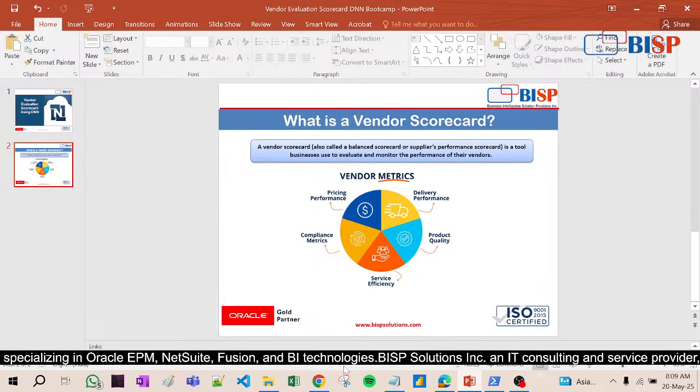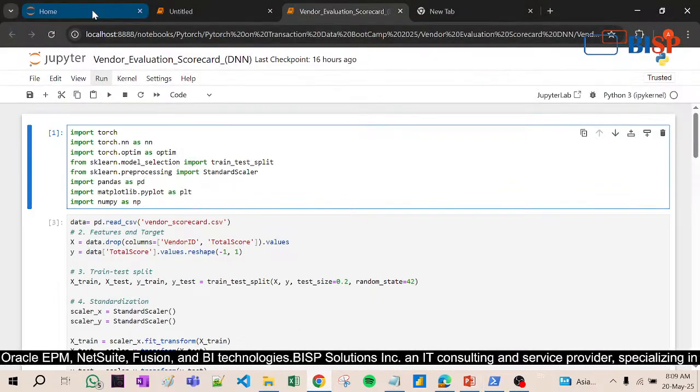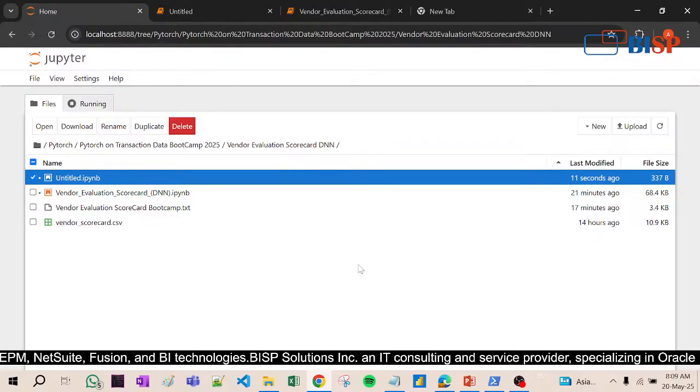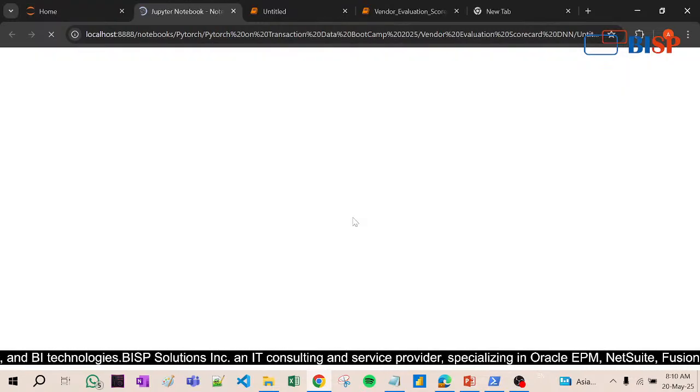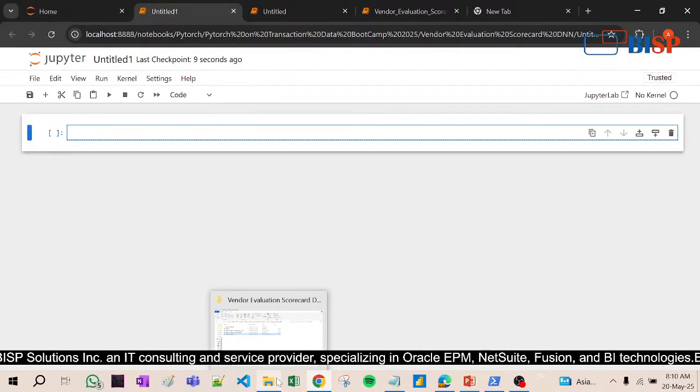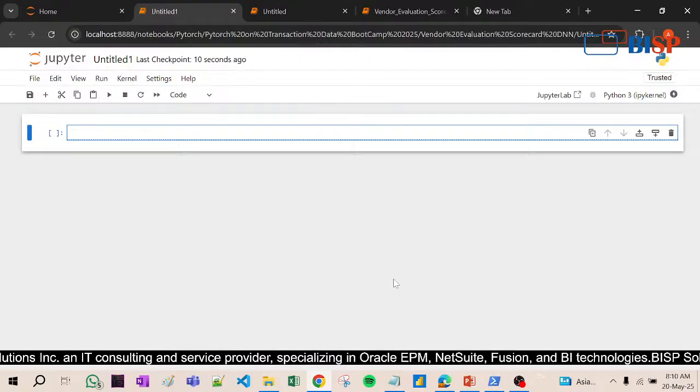Now suppose, let's go here in the practical scenario. I am going to create a new IPython file, that is, an interactive Python notebook. Okay, interactive Python notebook. Now see here. I have told you that I have downloaded the data from NetSuite. Okay, so now for this NetSuite file, we need to first download some